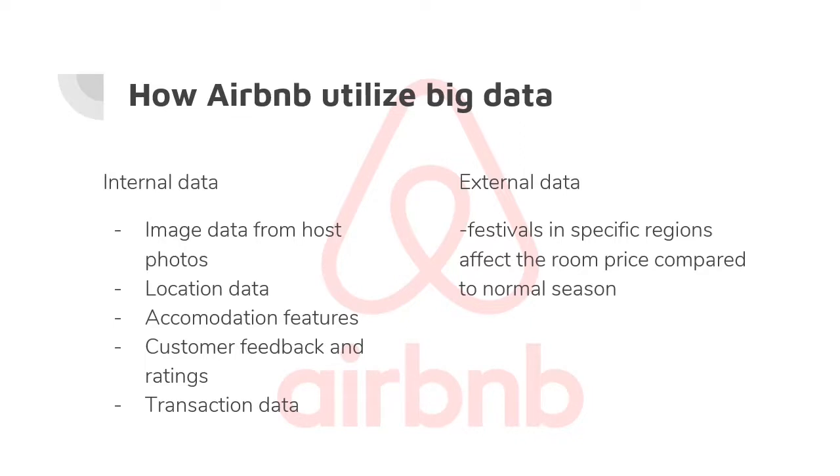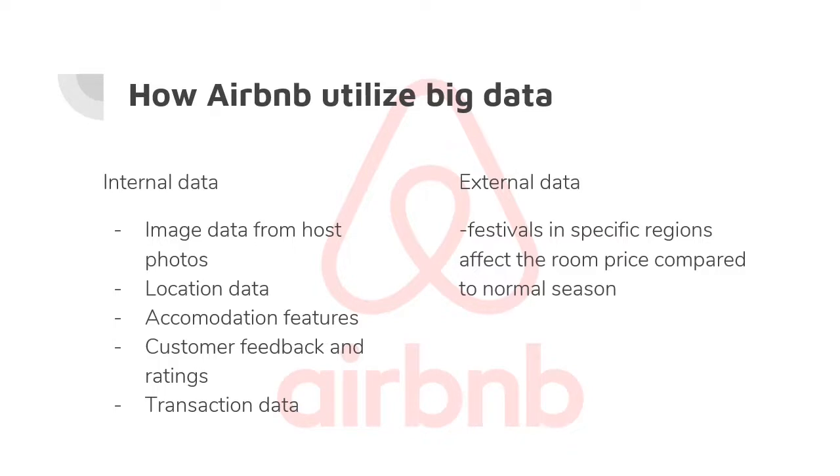So let's move to how Airbnb utilize their big data. There are two types of data. The first one is the internal data. For example, image data from host photos, location data, accommodation features, customer feedback and ratings, and transaction data are regarded as